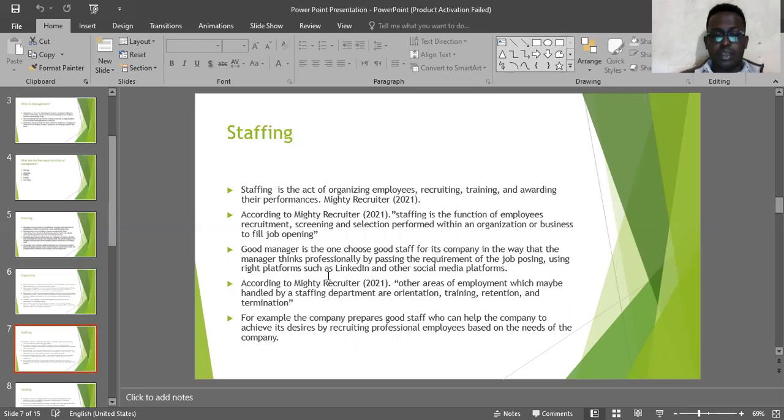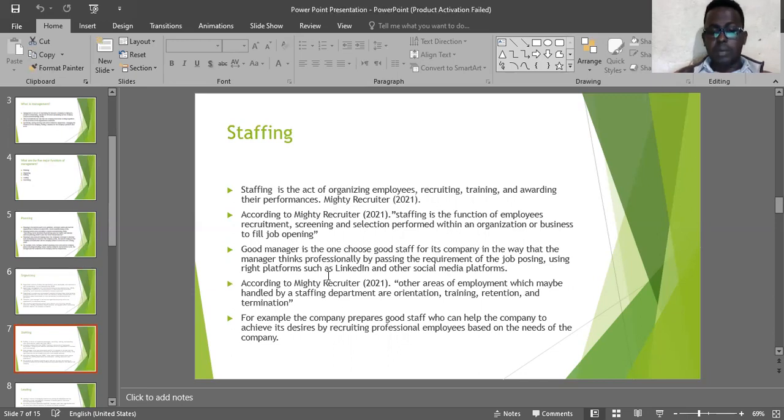Staffing is the act of organizing employees: recruiting, training, and rewarding their performance. This is according to Mighty Recruiter 2021. According to Mighty Recruiter 2021, staffing is the function of employee recruitment, screening, and selection performed within an organization or business to fill job openings. So a good manager is one who chooses good staff for the company,